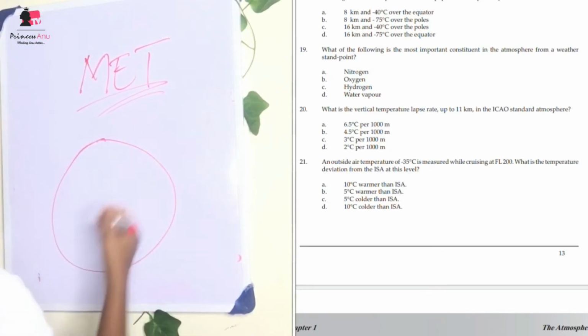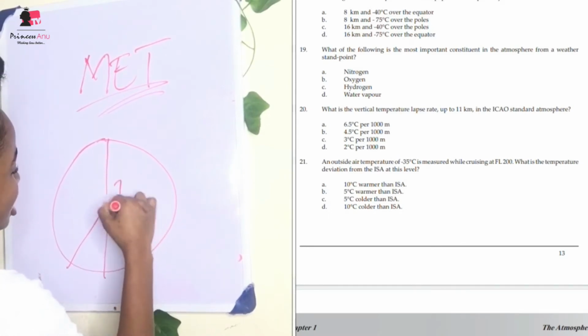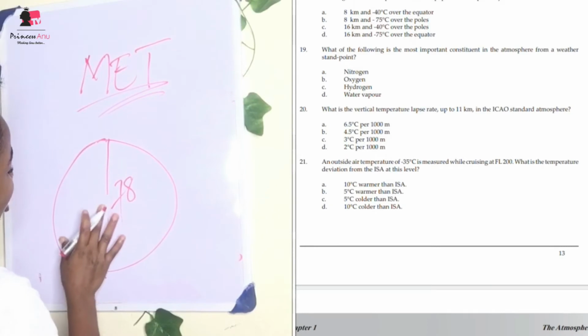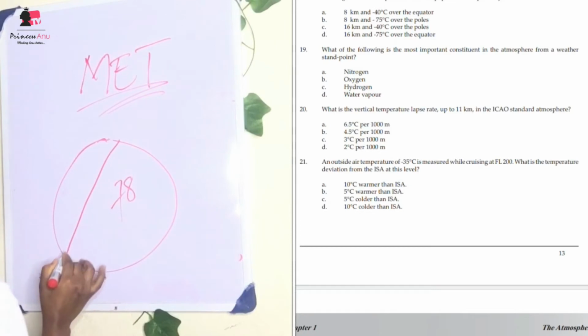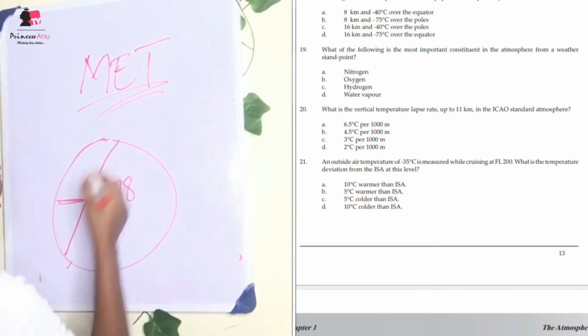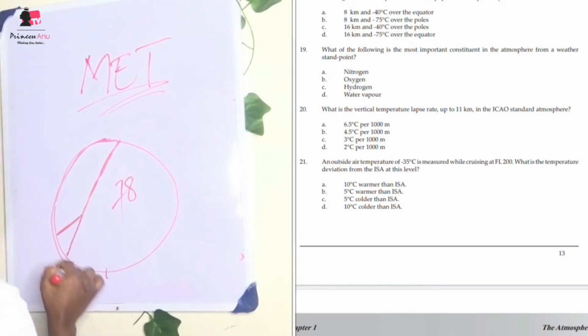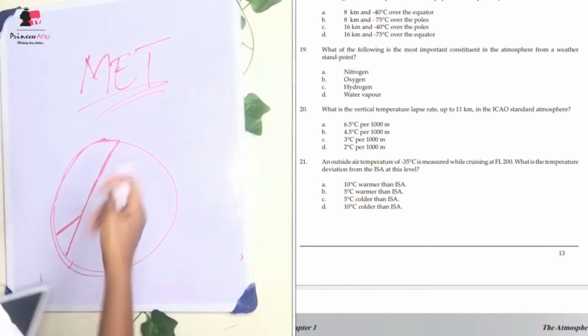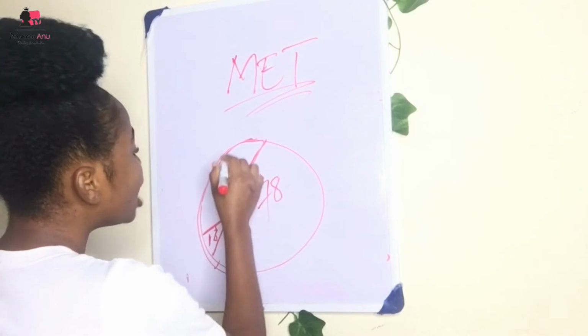In fact, I think I will pick nitrogen because, let's say we are going to put it in a pie chart, so you can see this is the largest, like 78%. Let's say this is about 78%. Then you have the remaining oxygen. Yeah, let's just assume if we're going to put it like this. You have 21%, and you have other gases 1%. But you're getting tempted to pick this, but that's not what they are asking for. You have to read the question with understanding, especially if it's an objective kind of question.